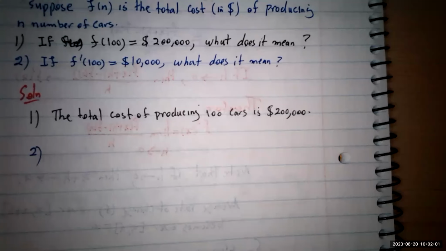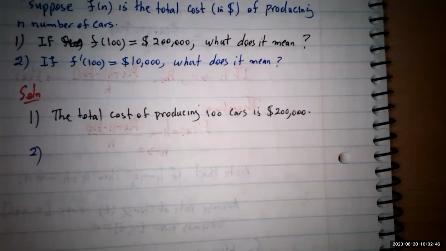So when we talk about the rate of change, there is going to be a level of production. It's like when you're driving. When you're driving at a specific time, that gives you the ticket, your velocity at a specific time, instantaneous. So f prime of 100 is at a level of production of 100 cars. So the best, or the popular way to describe it is this one. You have to focus on 100 cars. Remember, you're predicting something. So you're going to tell us after producing 100 cars, the cost of production,